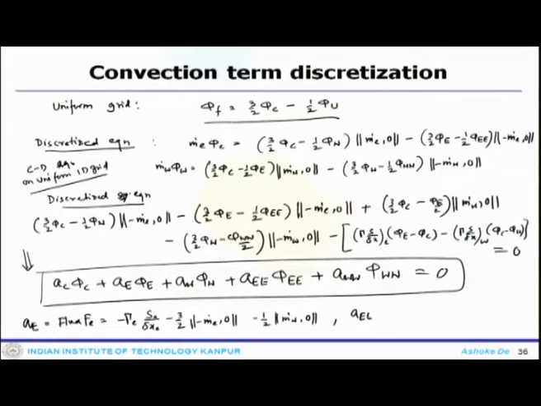A E E is flux F E E, which is half of minus m dot E 0. Now, A W equals flux F W, which is gamma W S W by del x W minus 3 by 2 m dot W 0